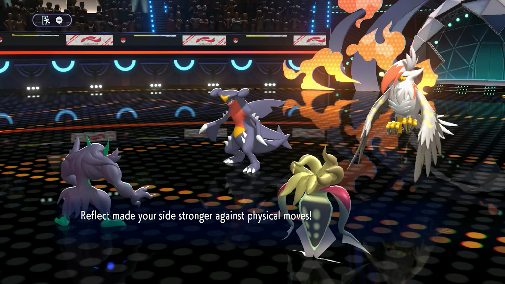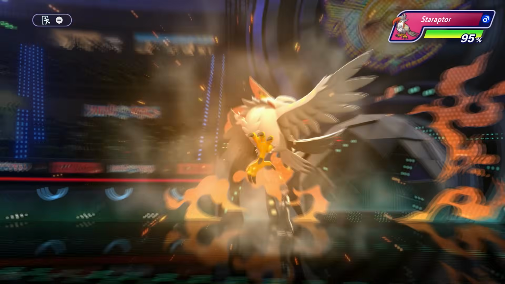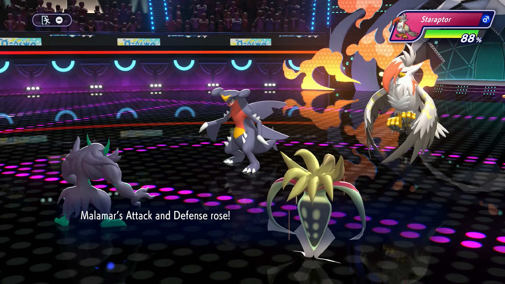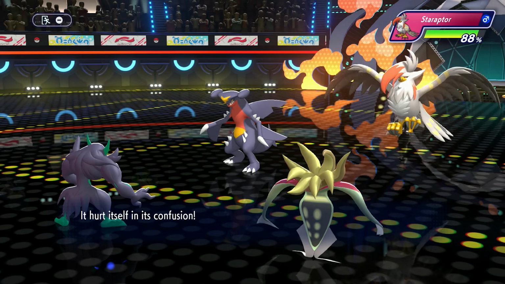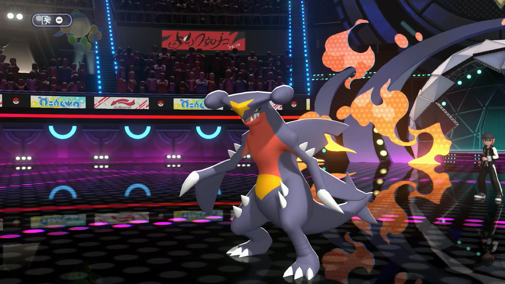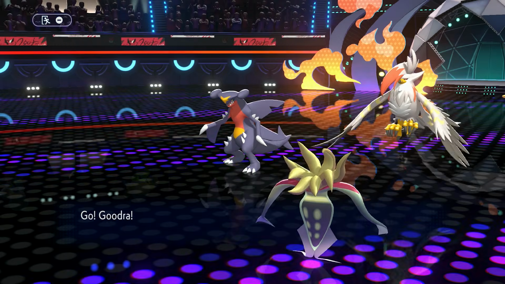The tricky part now was getting Scrafty in, because say if I swapped it in now, I would give Staraptor an attack boost with Intimidate, so I couldn't send it in. So this was a bit of a sticky situation, but I did have an idea what I could do, and it lay in one of my other Pokemon. So we're going to go for that Parting Shot to do a swap here with Grimmsnarl, just dropping those Garchomp's attack